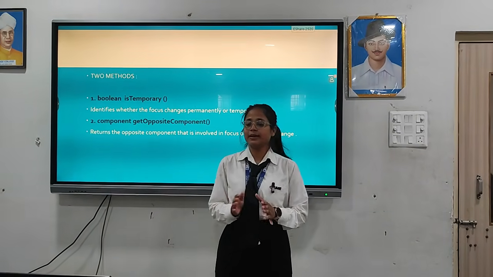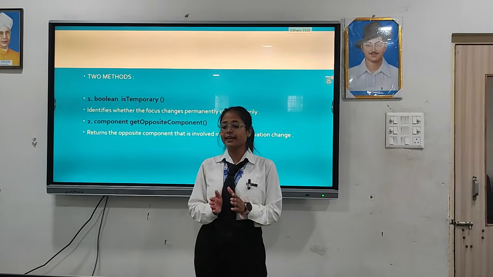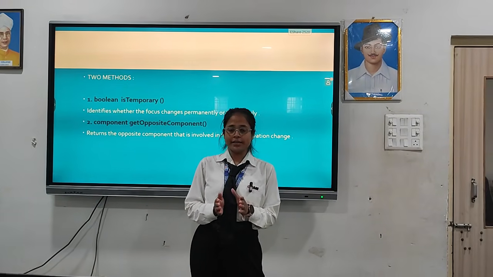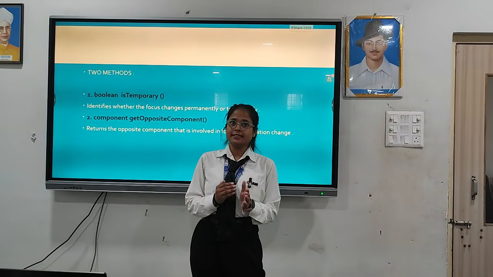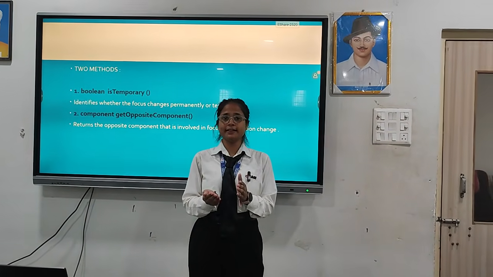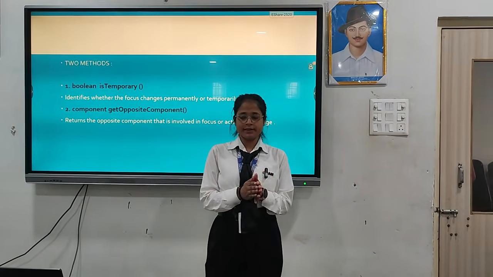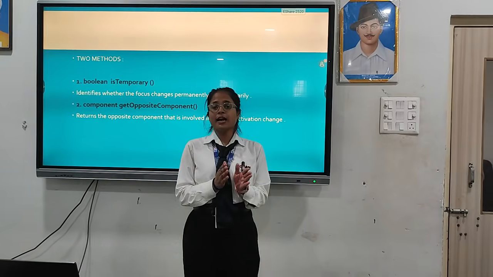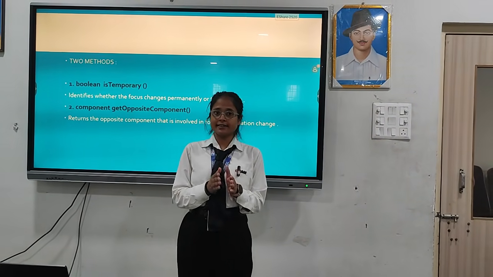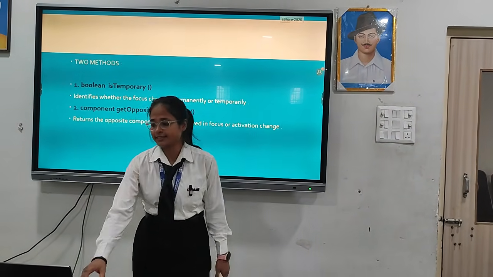It has two methods, that is boolean isTemporary and getOppositeComponent. isTemporary identifies whether the focus is shifted permanently or temporarily, and getOppositeComponent returns the opposite component that is involved in the focus or activation chain.